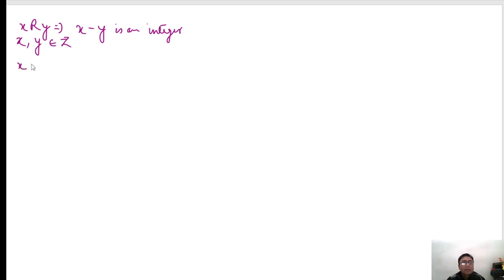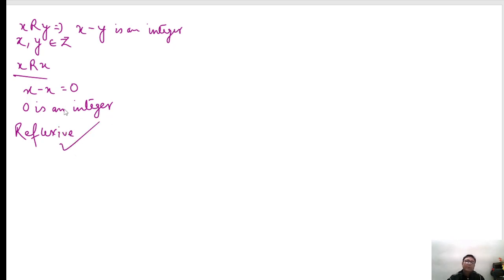First x, okay, reflexive condition. So x minus x, which is 0, and 0 is an integer. That means this condition is valid. Reflexive. That means the reflexive condition is obeyed here. Okay. Next,